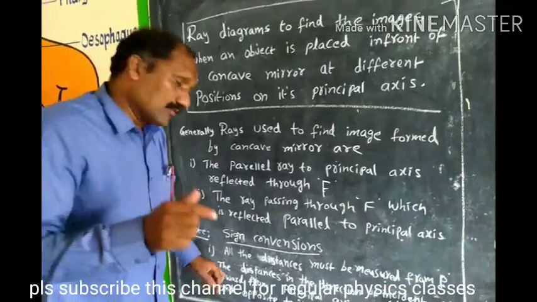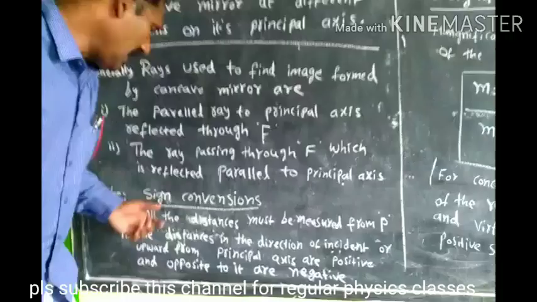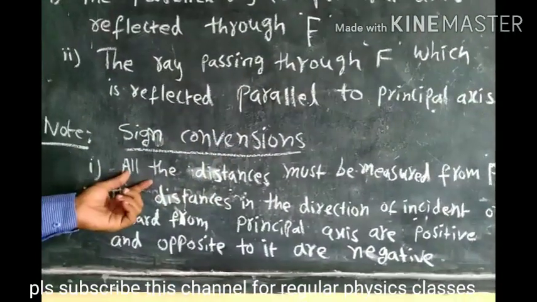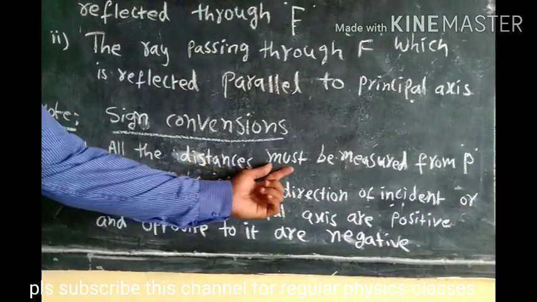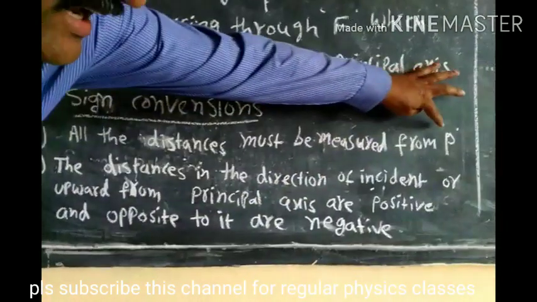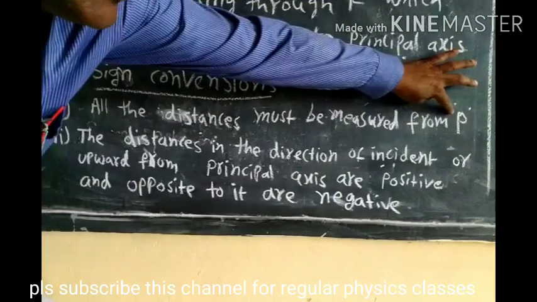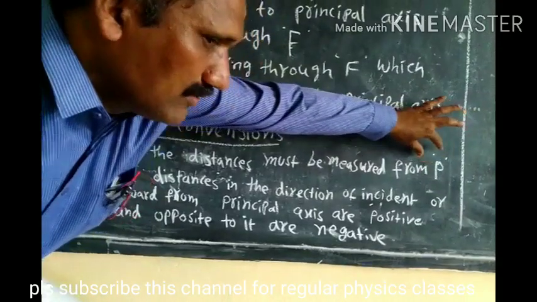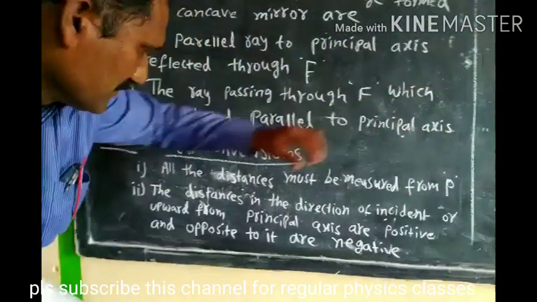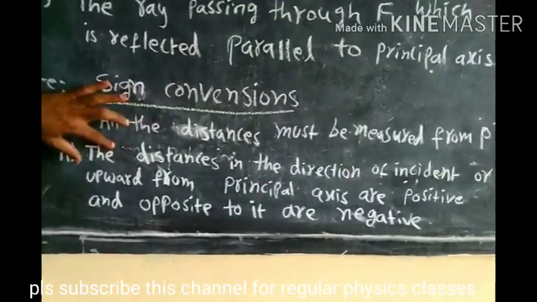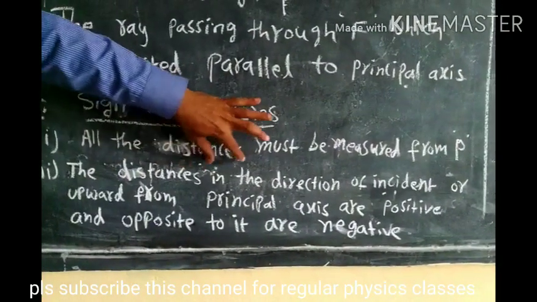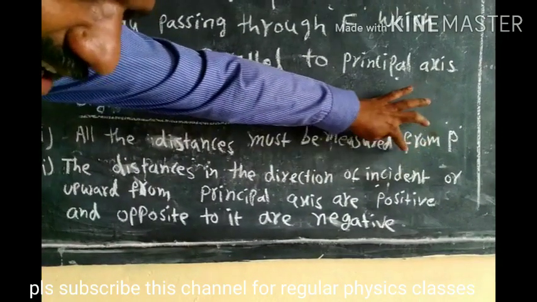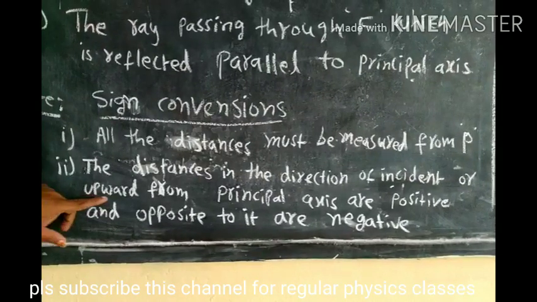Now some more things we have to know. Here we are giving the sign conventions. All the distances must be measured from P, the pole. In the previous classes also I told that the measurements should start from the pole of the concave mirror. And the distances in the direction of incident ray, and heights upward from the principal